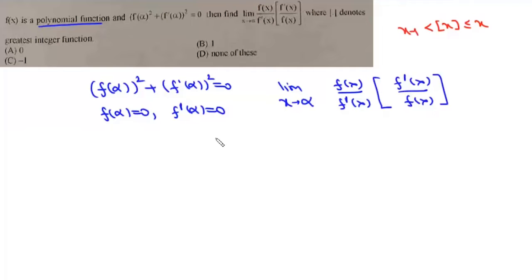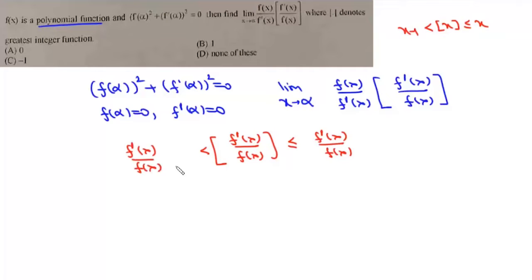So from here we can say this greatest integer function of f'(x)/f(x) will always be less than or equal to f'(x)/f(x), and will be strictly greater than f'(x)/f(x) minus 1. Now we need to multiply it with f(x)/f'(x). So if we multiply everything with f(x)/f'(x), we can write this as